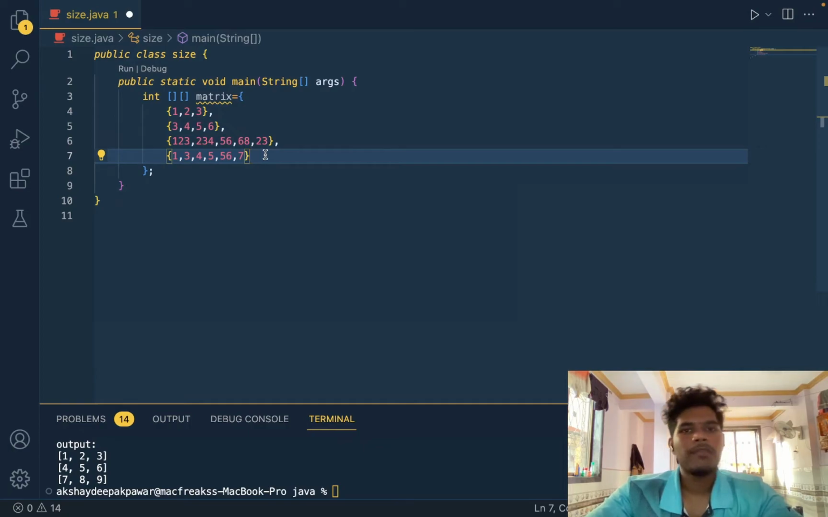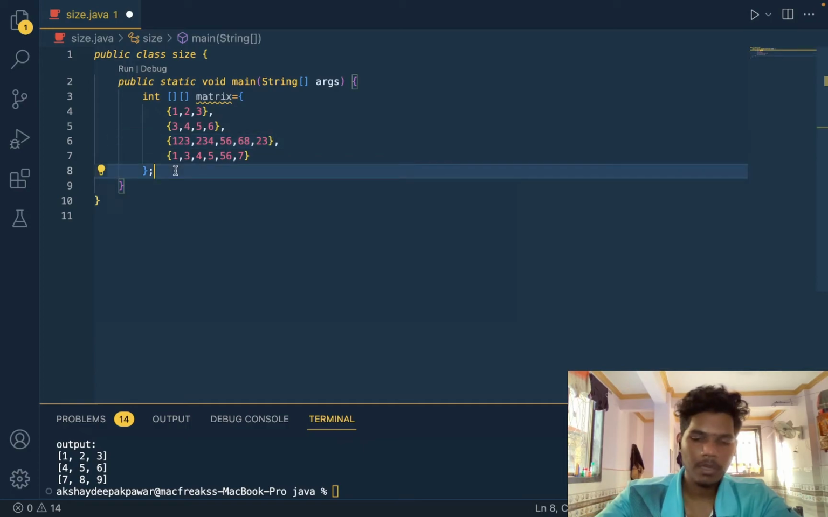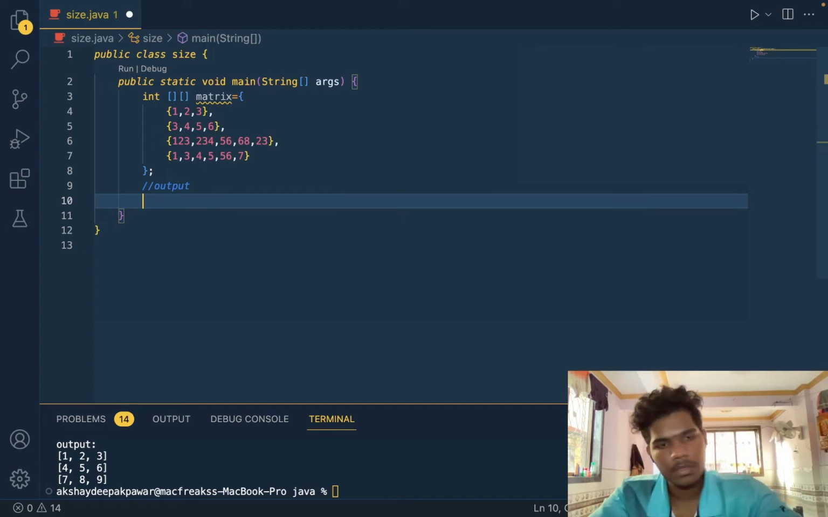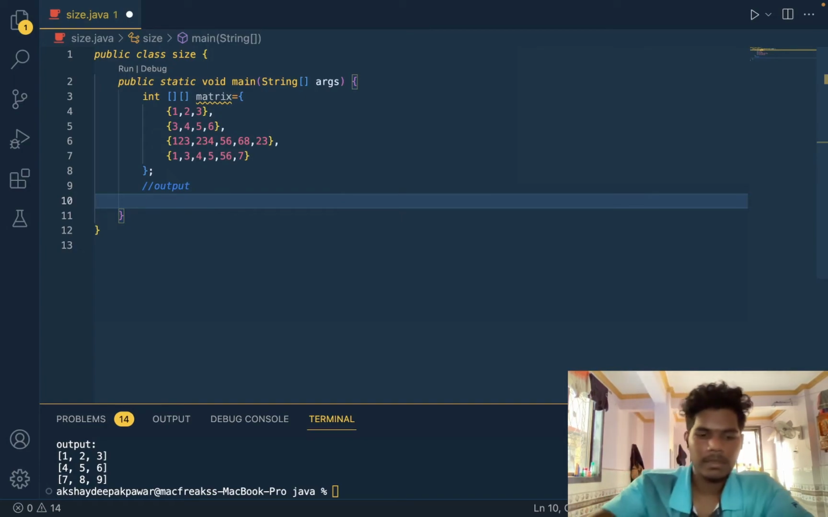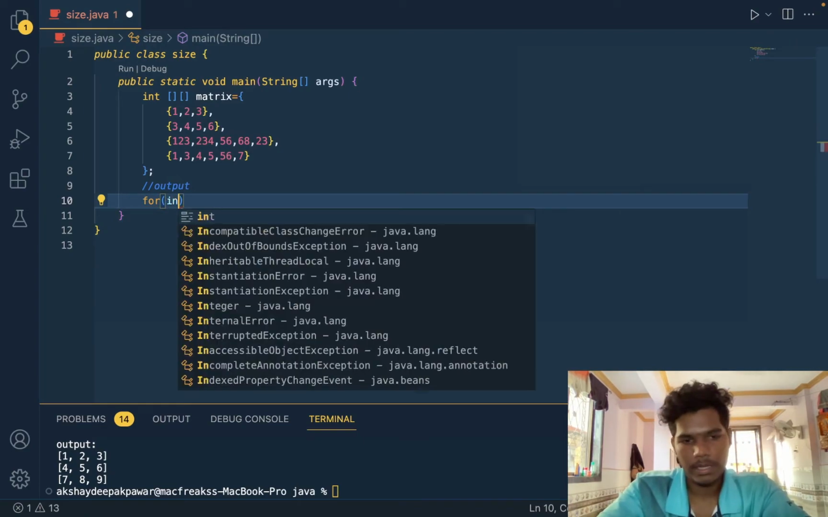You can add n number of rows. You can add n number of columns. It's totally dependent upon you. You don't need to give a size here. It's just about initializing, right? How to get the output of this? To get the output of this, I make a for loop, or I give an integer